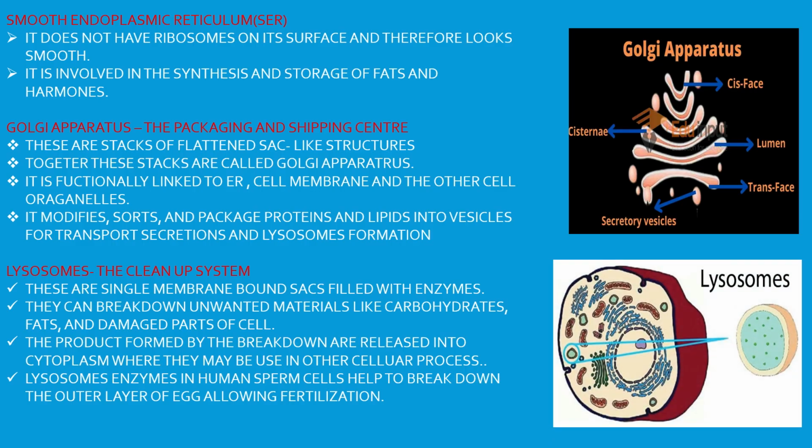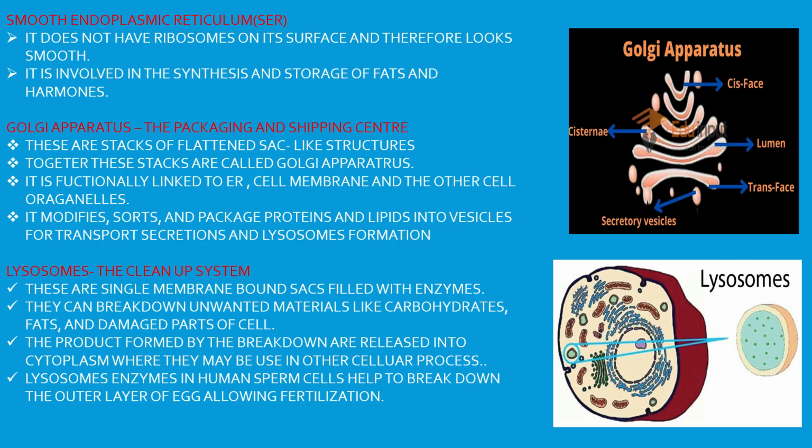Golgi apparatus, the packaging and shipping center. These are stacks of flattened sac-like structures. Together, these stacks are called the Golgi apparatus, as you can see in the figure. It is functionally linked to the ER, that is endoplasmic reticulum, the cell membrane, and other cell organelles. It modifies, sorts, and packages proteins and lipids into vesicles for transport,